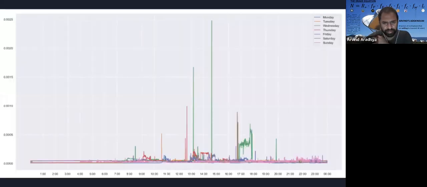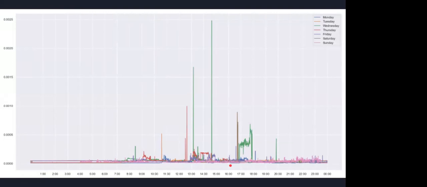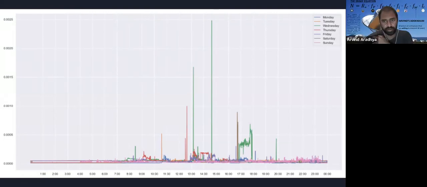So what we have here is, this x-axis is actually time of day, and then the different colors are the noise as monitored on different days. And so there's interesting stuff you can see here. For example, you can make out that there's a peak in traffic, or a peak in whatever's being transmitted between 5 and 6 on a particular day.